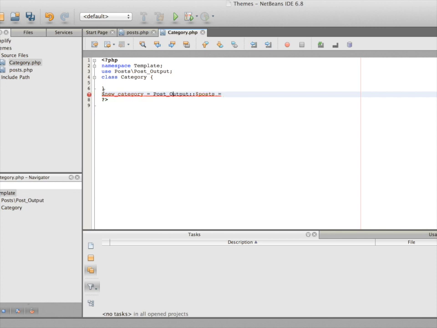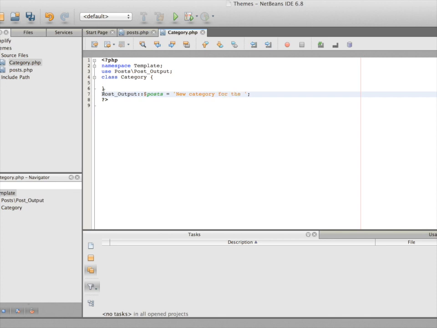Okay, I made a mistake. So in the static property of post, let's assign something, and we'll print this out on our browser directly. So let's assign a new value, a string that will say